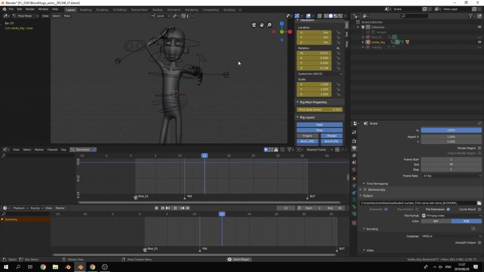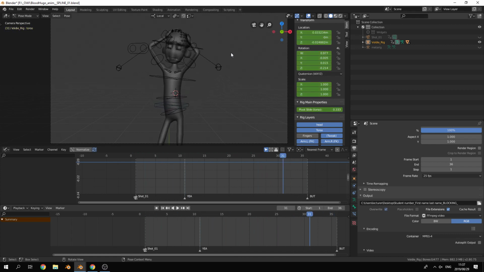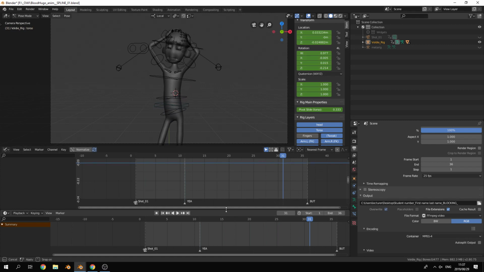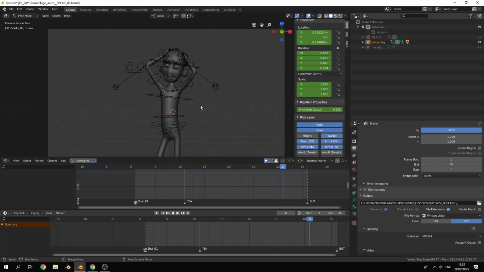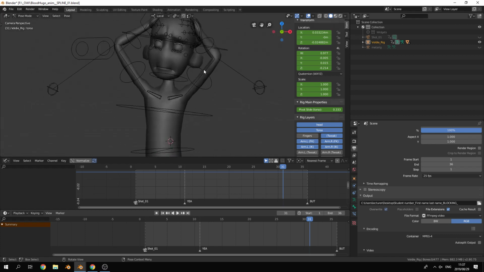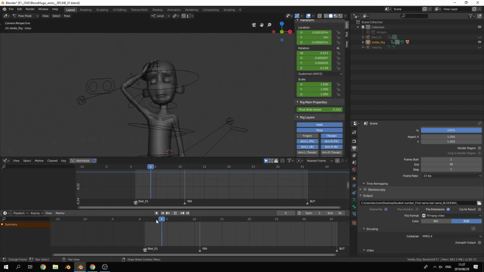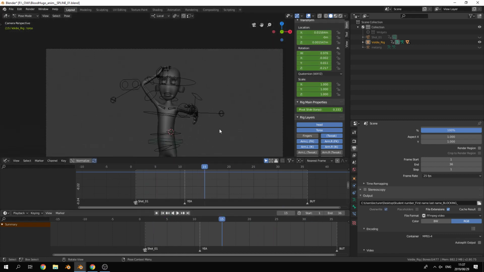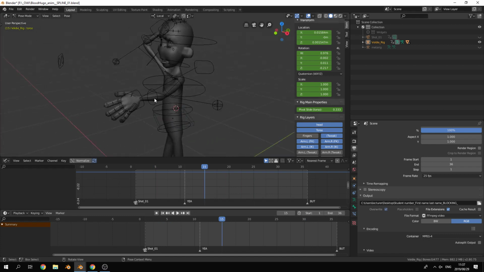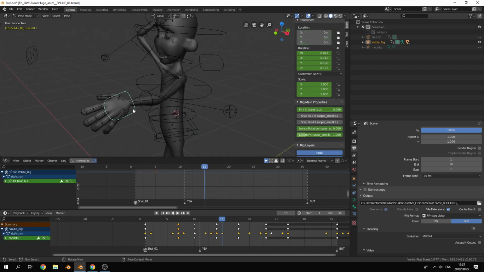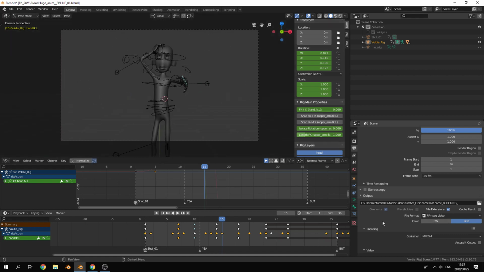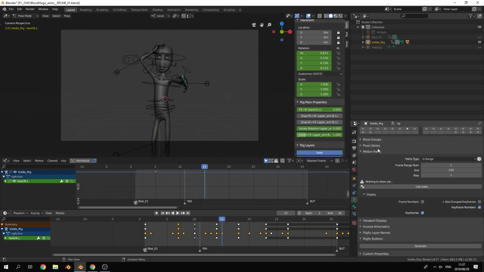Okay, another thing that I do want to look at, I think I was in this class last week, just to remind you, it may have been in the second class. When we are looking at the arcs of our characters, or the movement of our characters, there's this feature in Blender called motion paths, which really is very nifty. I think we did look at it a little bit, may have been in the second or third class last week. But for instance, what we can do is if we select a control, specifically our FK hand control, and in the bone tab, not the rig tab because there's one for the rig as well,